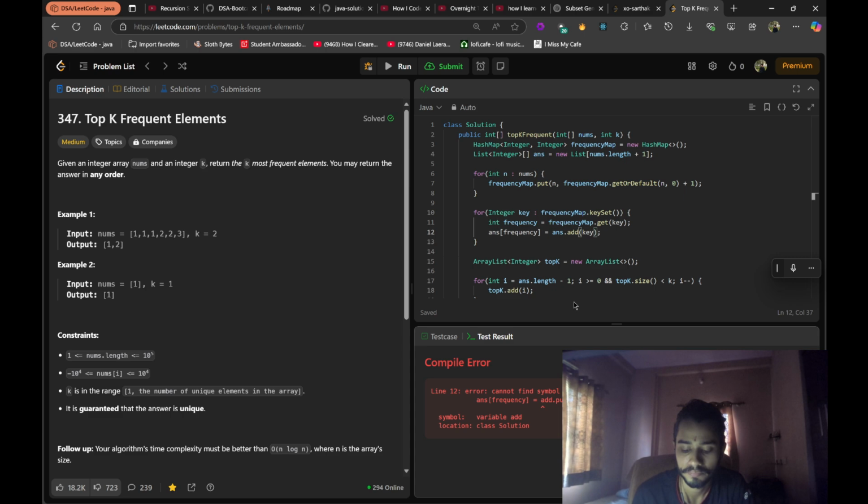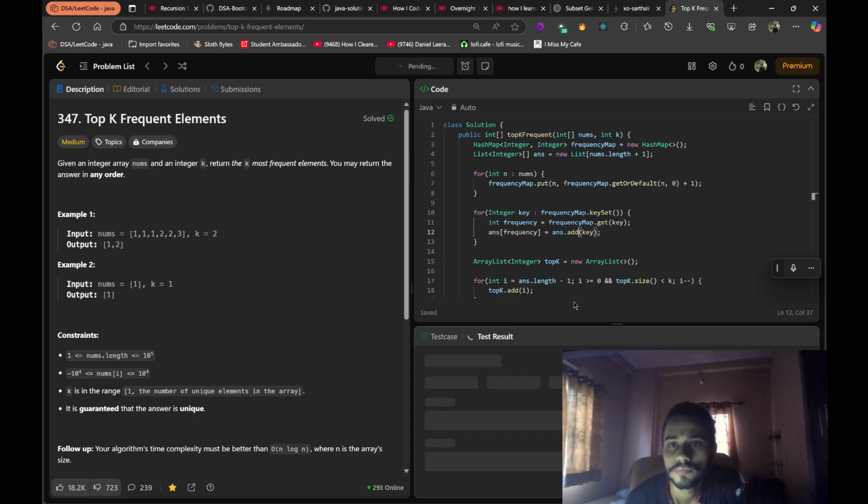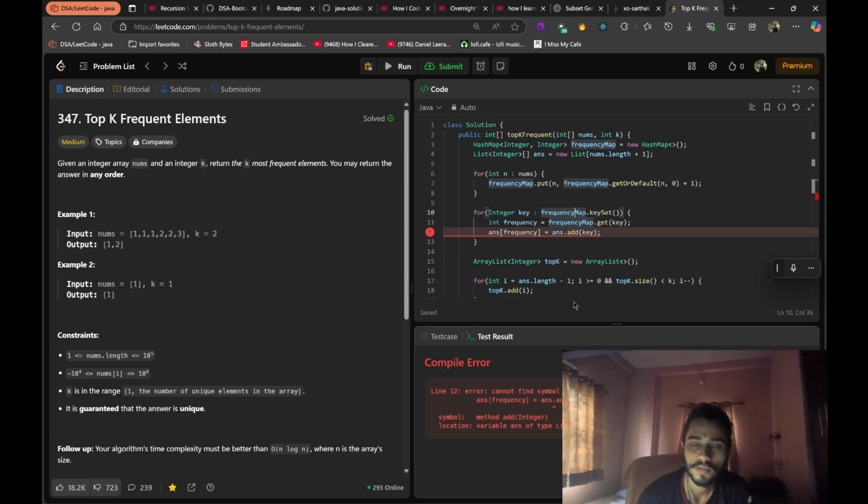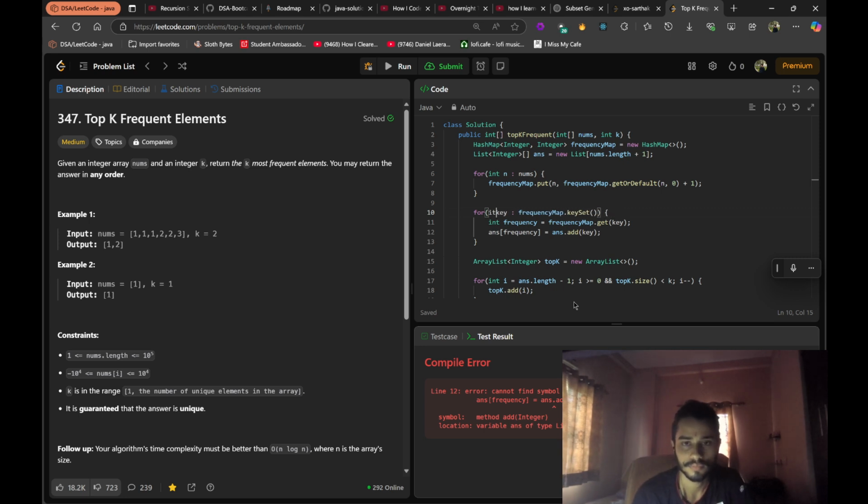It's add. Okay. Add integer. Variable answer of type list. So what are you saying? I can't add integer into the list. Makes no sense. Is it that I can't add an int